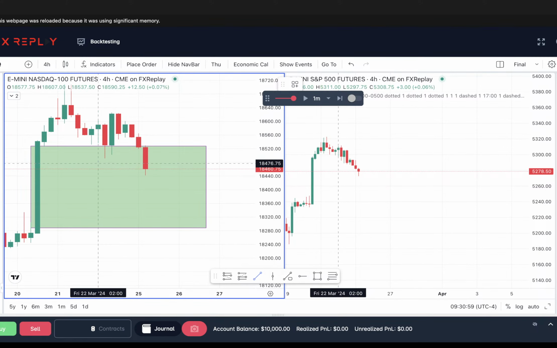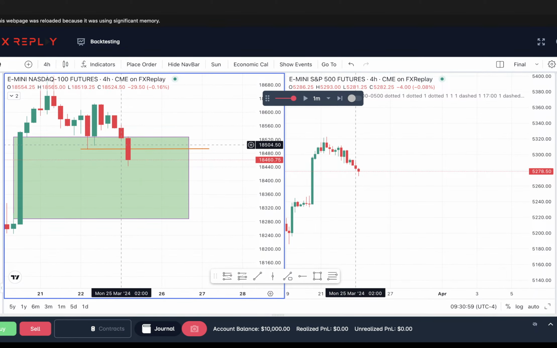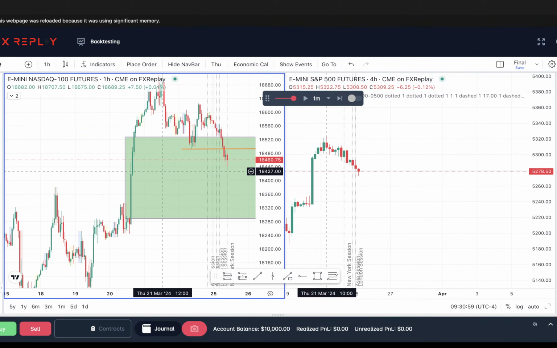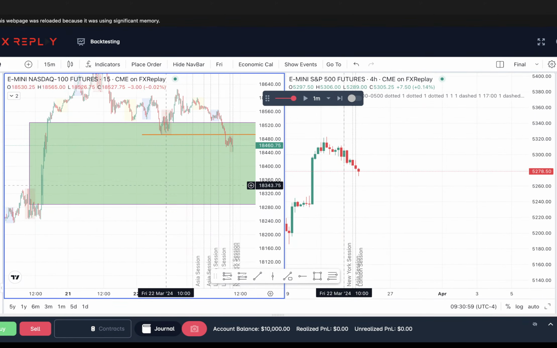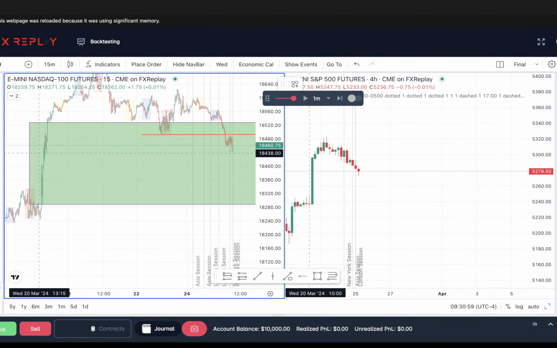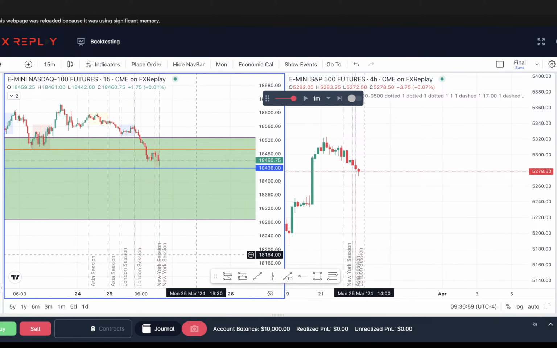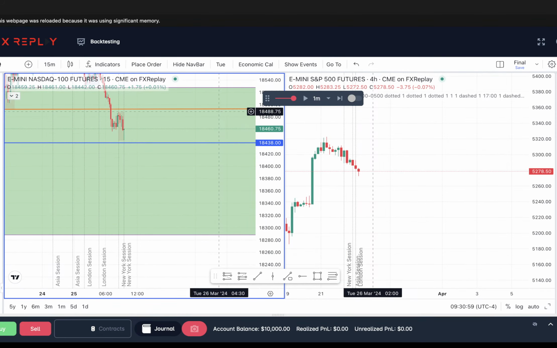We do have a market structure shift, it looks like. So if you're a breaker trader, you can wait for it to pull back into this yellow-orange line and then go lower. But let's see what we have on the 1 hour. Yeah, it looks the same. On the 15-minute, I think we just swept that 15-minute low that I had marked on the previous day we just backtested. And then obviously, your previous session highs are London high and then Asian highs up here. We're in a good range. I don't think Asian has equal highs though. Relative equal highs. So that's gorgeous.